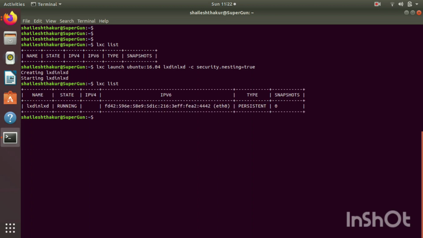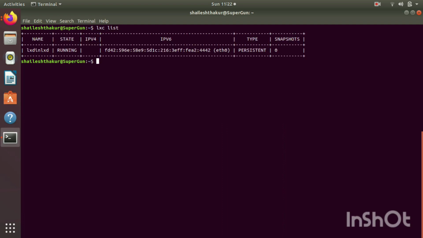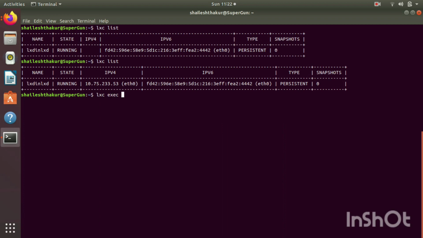So you have your container ready, just go inside the container, Ubuntu 16.04, and all you need to do is lxd init.